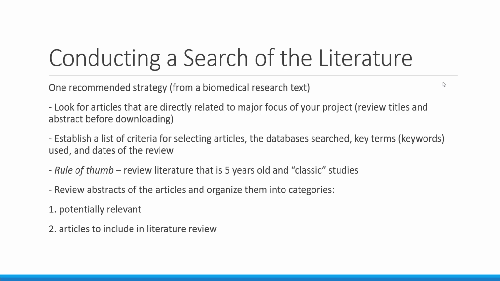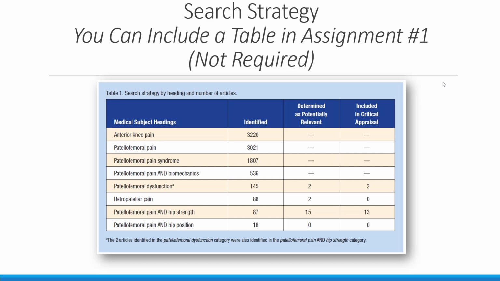Establish a list of criteria for selecting articles, the database's search, the keywords or key terms used, and the dates of the review. That's kind of like what I've suggested here. Kind of keep a running table, and when you are going through things, for example, you might